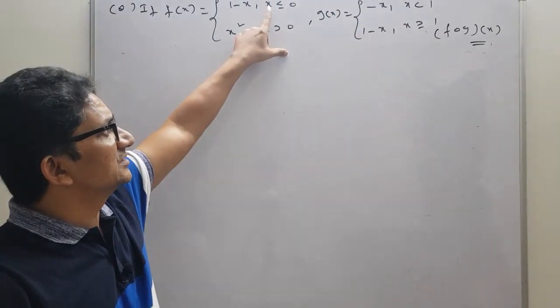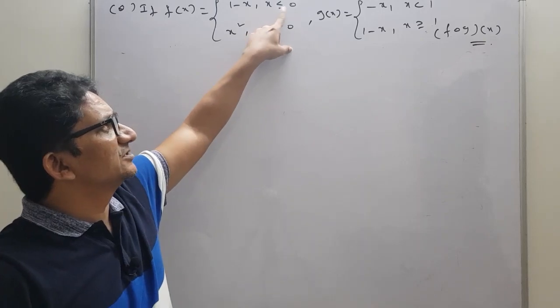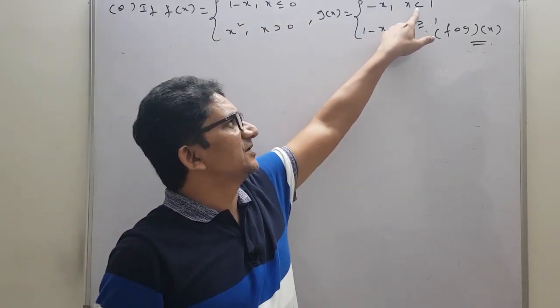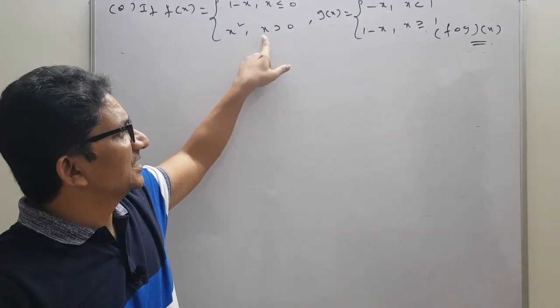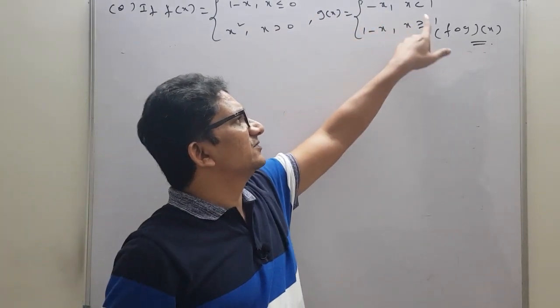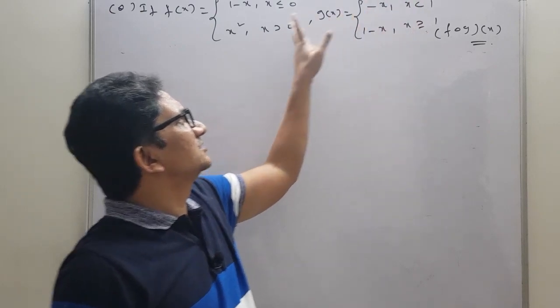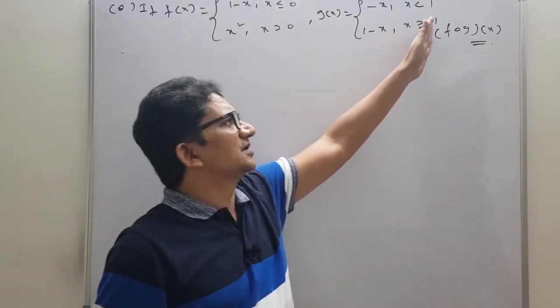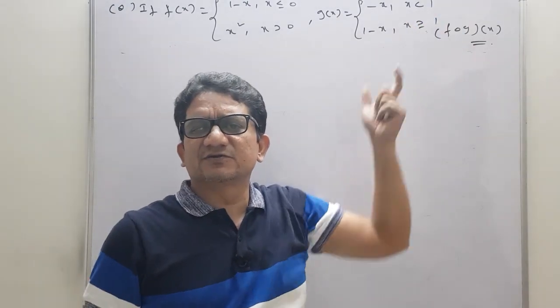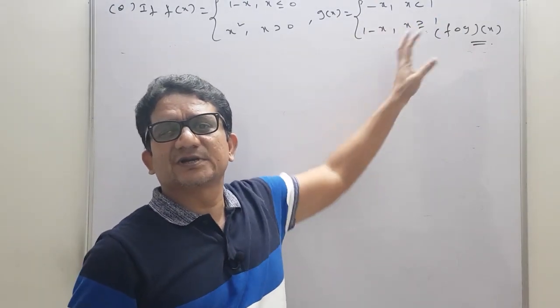Because we know that, students, see, x less than or equal to 0 and x less than 1, some common points will be there. And x greater than 0 and x less than 1, both will have some common points. X greater than 0 means goes up to infinity, and greater than or equal to 1 means 1 to infinity will be the common area. So many common areas will be there.